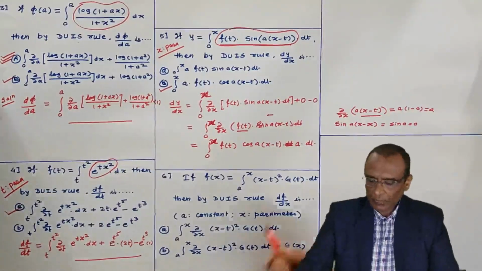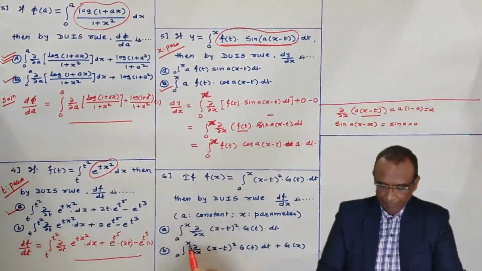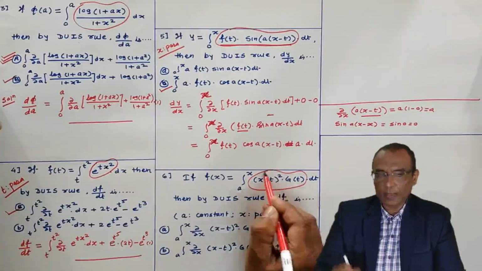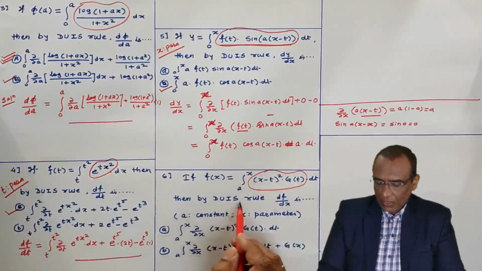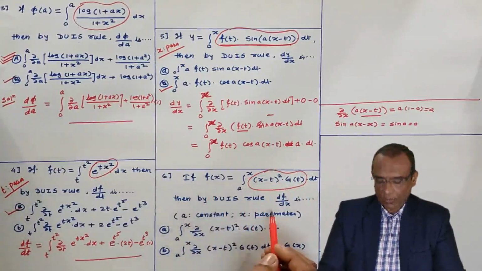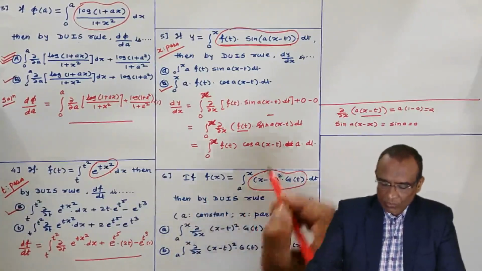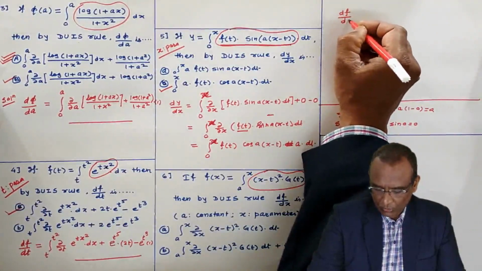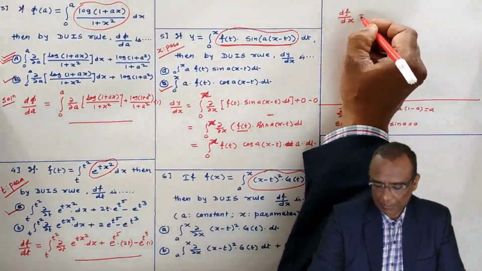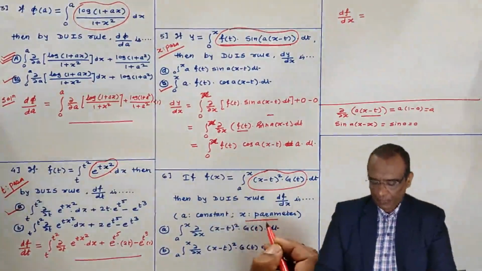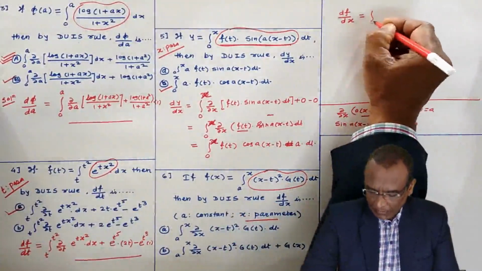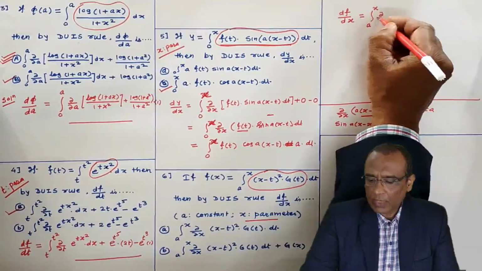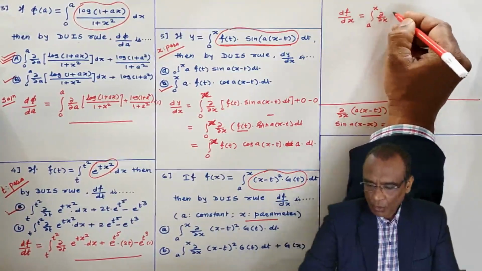The next problem. Now, what is given here? F(x) is given. This is the function to be differentiated by the differentiation under integral sign rule. I want df by dx. Use the differentiation under integral sign rule, the derivative df with respect to x. X is the parameter, as already mentioned. By the second Leibniz rule, from a to x, write down the derivative inside of the integral. It will be del del x of the function.